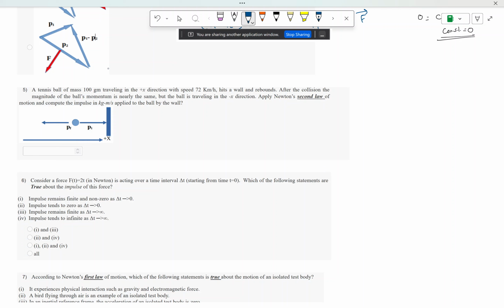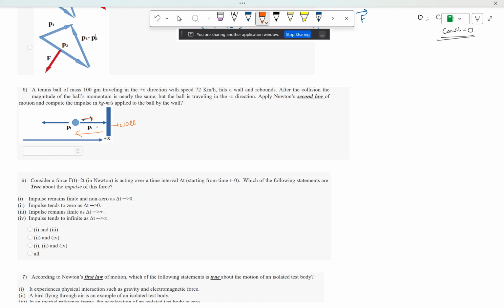So this is somewhat of a mathematical question after all these conceptual questions. You are given a tennis ball that has a certain mass m, 100 gram. It is moving along the plus x direction, and then while going in this direction it hits the wall, and then it rebounds back. It is said in the question that it comes back with the same magnitude of the initial momentum,